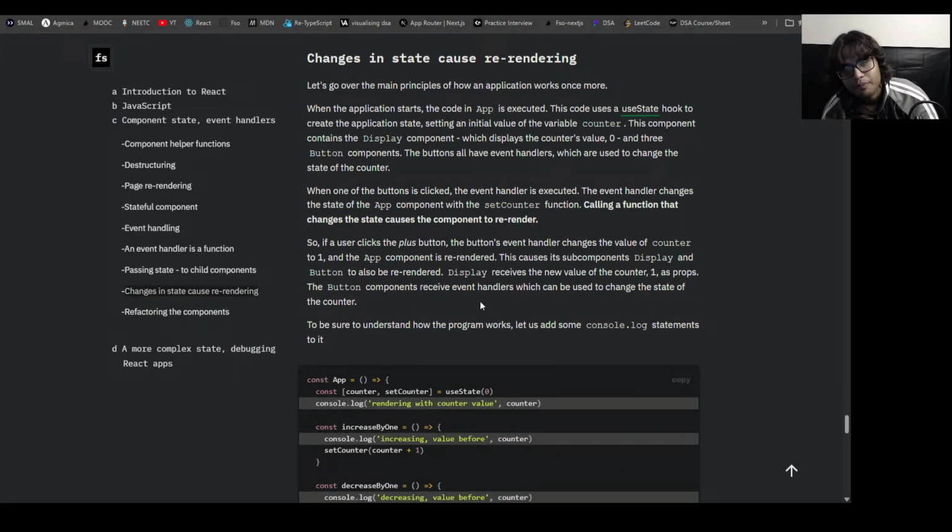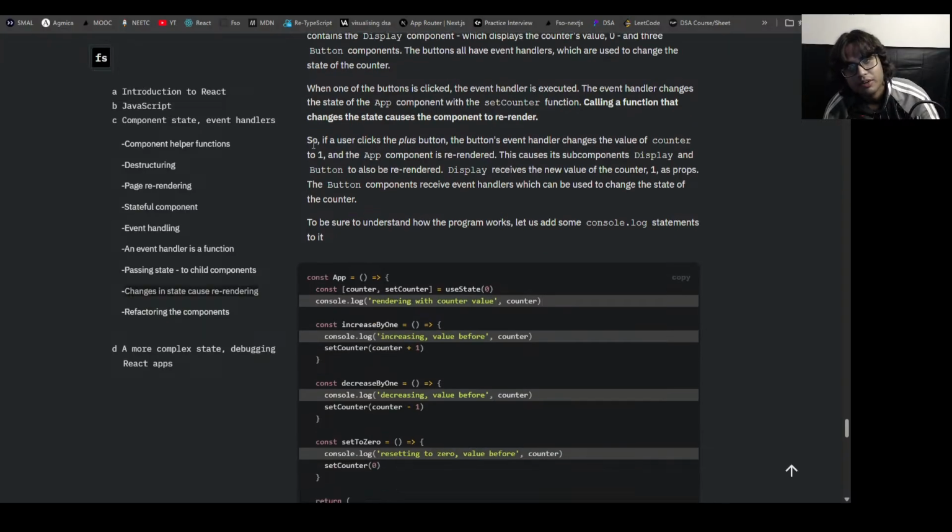So when one of the buttons is clicked, the event handler is executed. The event handler changes the state of the app with the setCounter function. Calling a function that changes the state causes the component to re-render. So if a user clicks the plus button,